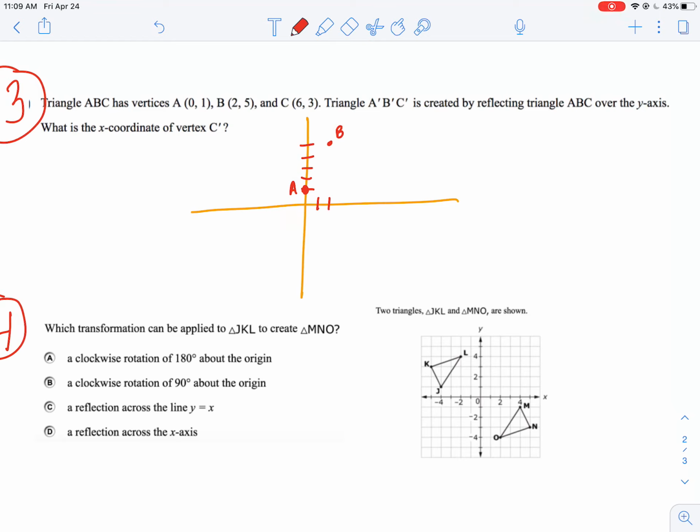And my point C goes to (6, 3). Okay, and I have a triangle. Now it says the triangle is reflected over the y-axis. My y-axis is the axis that I just highlighted there, and a reflection means that you're going to flip it